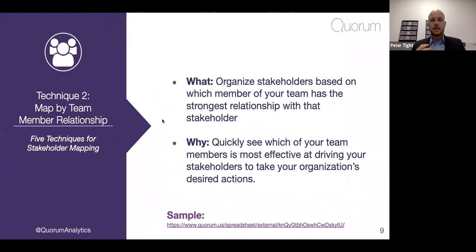Now, the second method here of tracking stakeholders is to map your stakeholders by indicating which team member is the primary relationship owner for the individual. So the vast majority of my clients decide to assign relationship holders for their stakeholders that they're targeting. Some of my clients will decide to kind of divide and conquer. For example, they'll have one individual on their team that owns all relationships with Democrats,